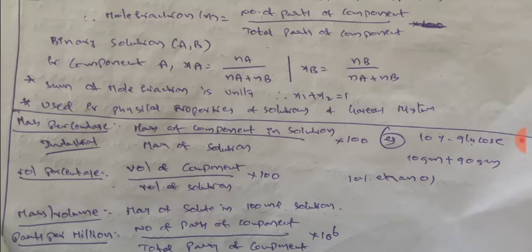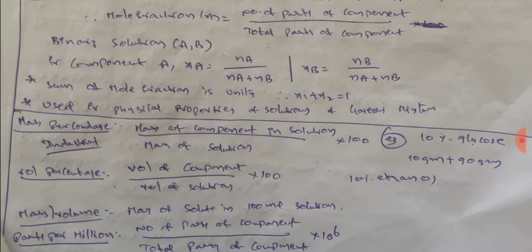Now the second one is called volume percentage. Volume percentage is nothing but volume of component divided by volume of solution into 100. So here we are going to consider only volumes, but in case of mass percentage we have considered only masses. The best example of volume percentage is 10 percentage of ethanol solution. So the 10 percentage of ethanol solution is nothing but the presence of 10 ml of ethanol in 90 ml of water or some other solvent it may be. So both are combined together to produce 10 percentage of ethanol. This is expressed in terms of volume.